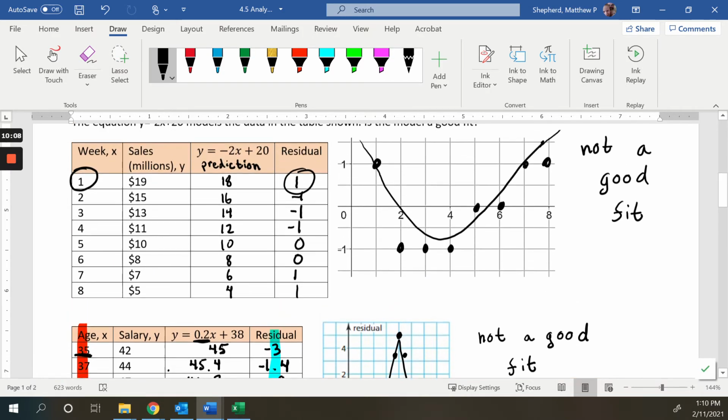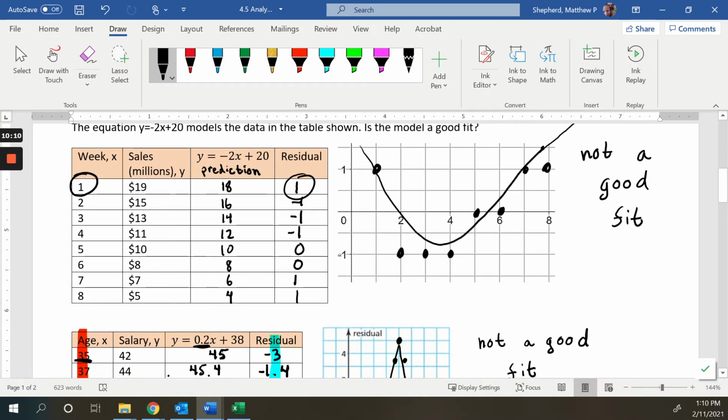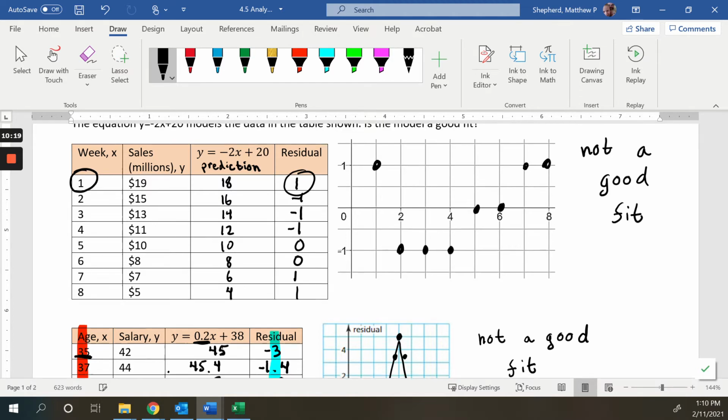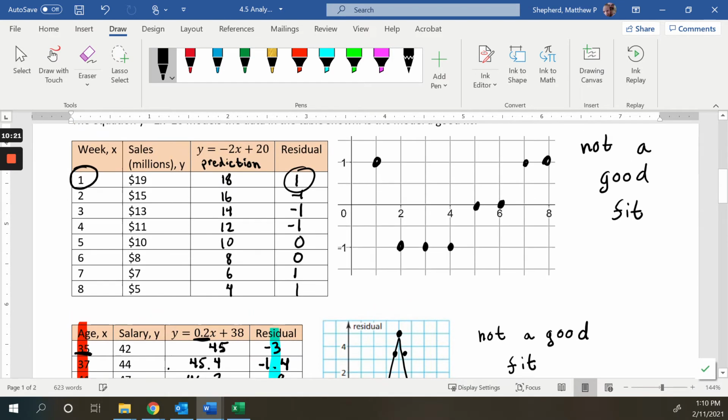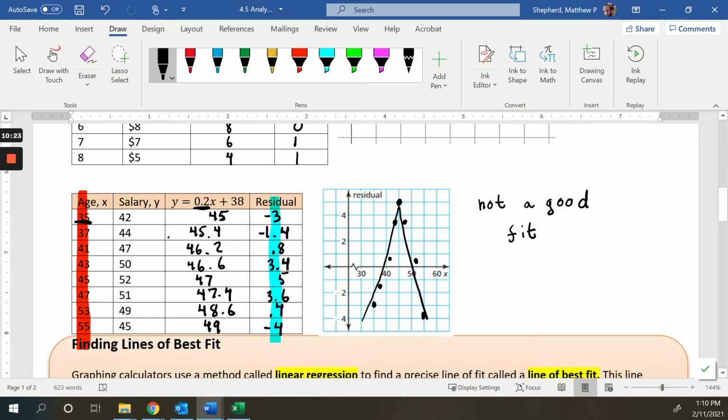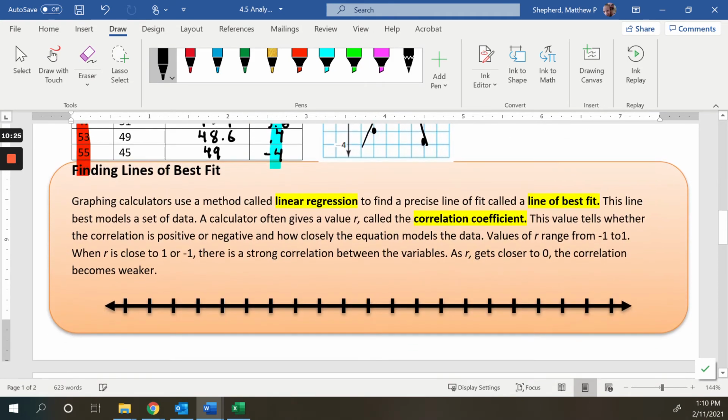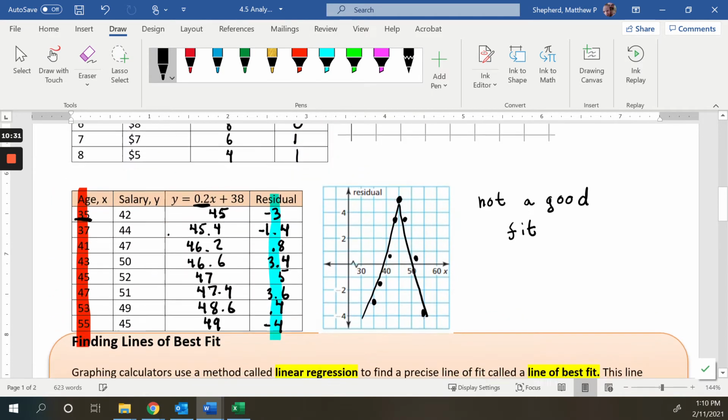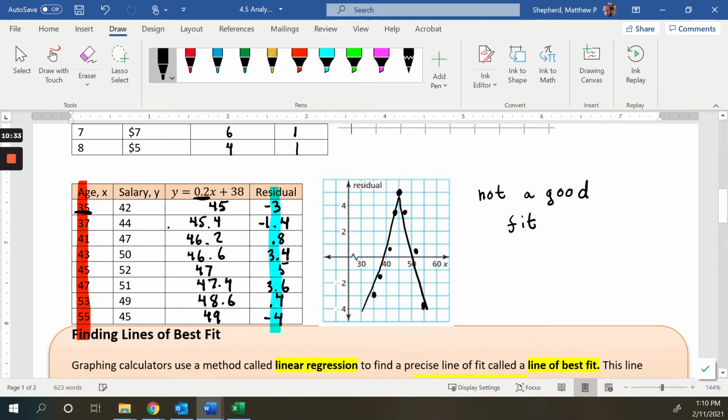Now, I would definitely say that this residual plot above looks far better, looks more scattered than this one below. So the one above is probably a better fit than this one below would be. Now that's how to use these to be able to figure out, is my equation a good fit for this